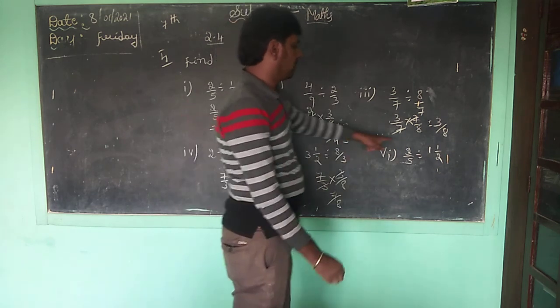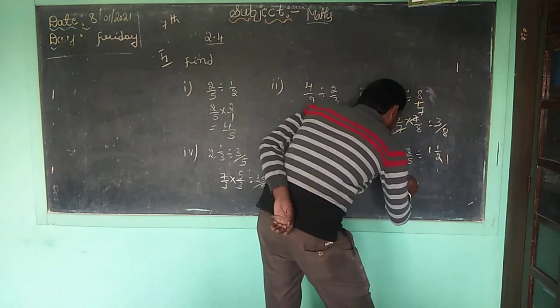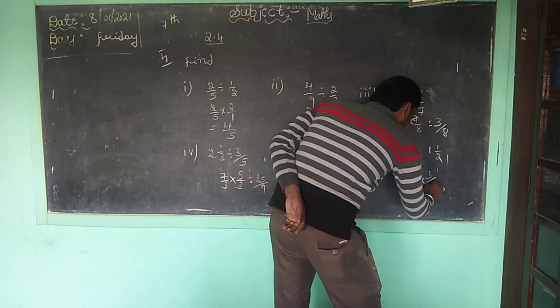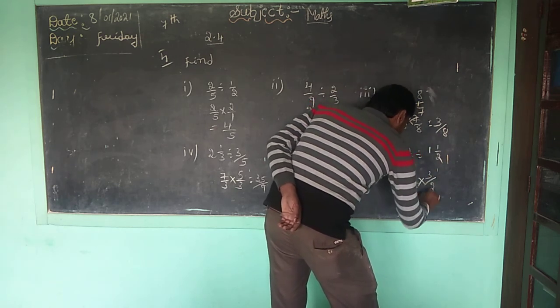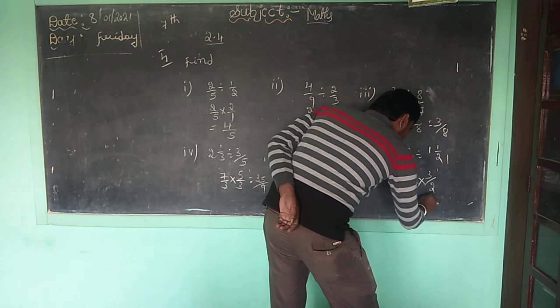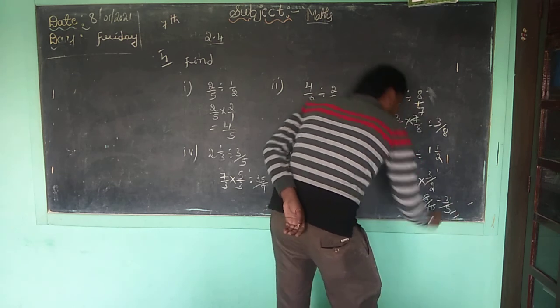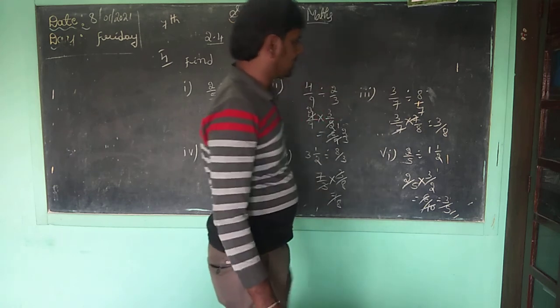Children, here also you want to represent, then also 2 by 5 is there. Next, this is into, means 2 1s are 2 plus 1 is 3 by 2. So you want to multiply, 6 by 10. So you want to reduce, children, this one also. 2 3s is 2 5s, 3 by 5. Any doubt children?